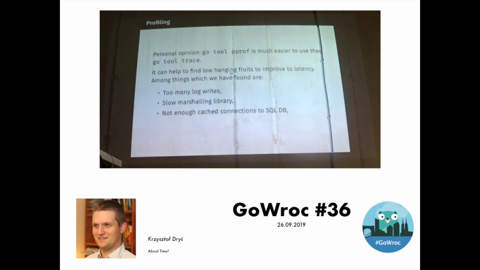And what we saw a few times is that we were able to get low-hanging fruits with go tool pprof. In the situation where trace should have been the first choice, we were still able to optimize something using pprof. Situations which we have caught were too many log writes, where for example we are logging too much stuff on debug, and marshalling it took too much CPU. Slow marshalling library, even though it should have been fast, but it turned out to be slow, or